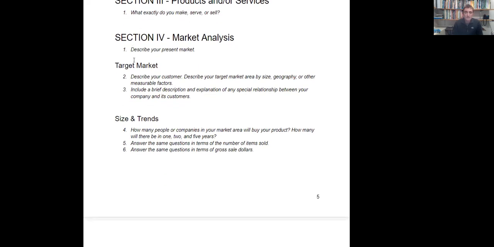Market analysis. Describe the market, describe the customer, the size, geography. Does this look familiar? You've done this already. So take this information and put it under these headings. Now, when you come in here to type, delete these things. So when you start entering this information, type it down here,